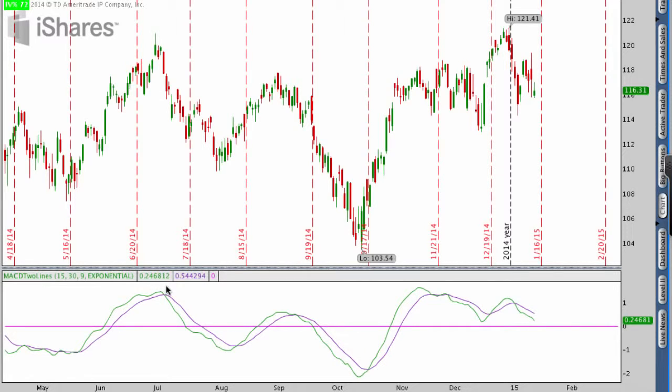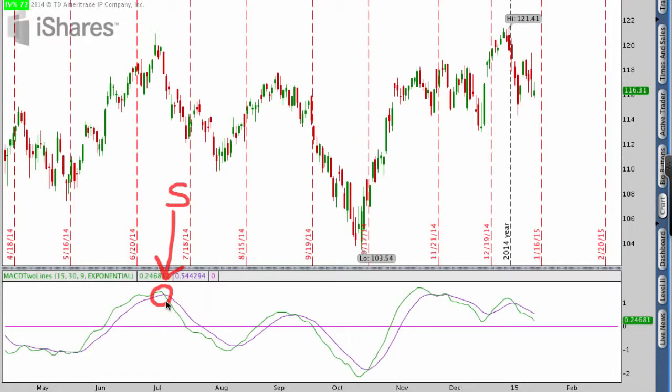Now, in our case, we are looking specifically for that cross in the moving average. So in this case, the one that I'm pointing to right now on the screen, this is the moving average that has now crossed under the purple line, and that gives us a very clear sell signal. So when we see that shorter term moving average, that green line, cross under or below the purple line, which is our longer term moving average, that means that short-term momentum is getting sucked out of the security relative to long-term momentum, and therefore we should be out of the security or at least be wary of